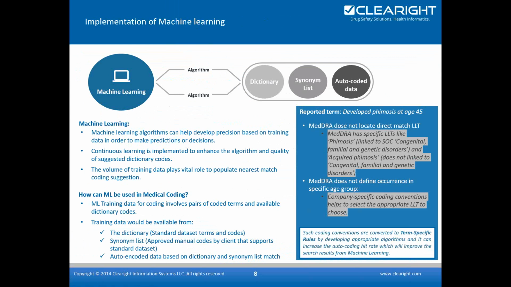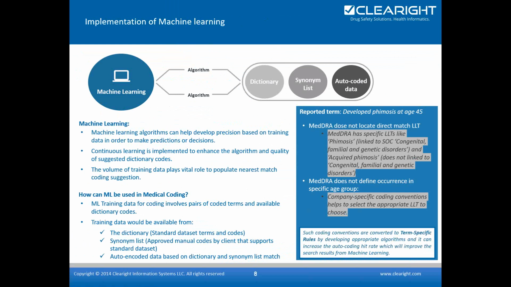Then, how exactly can ML be used in the coding system? I would like to give two ways to think about which categorizes the algorithm that you may come across in a clinical coding field. The first one is grouping of algorithm by their similarity in form or function, like grouping of similar verbatim or grouping of LLTs, disease conditions, etc. The second grouping would be a grouping of algorithms by learning styles, like previously coded data would be one of the examples. Both approaches are useful to focus on the grouping of the algorithm.